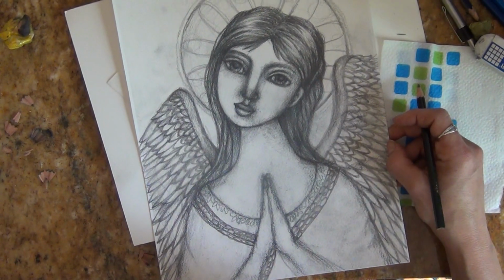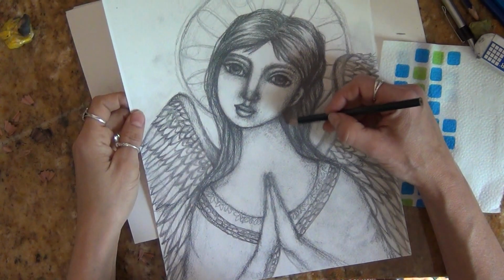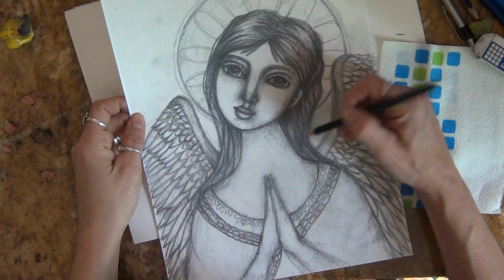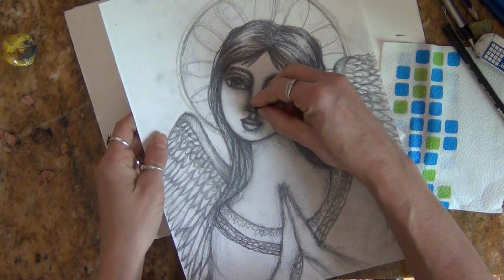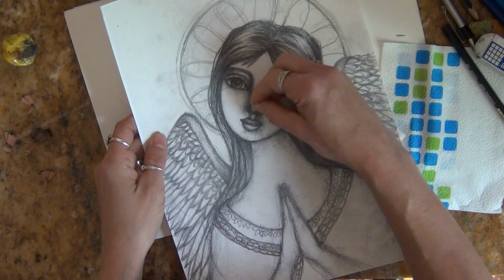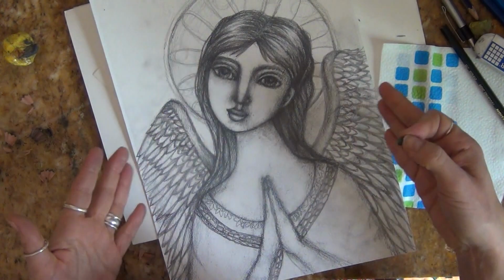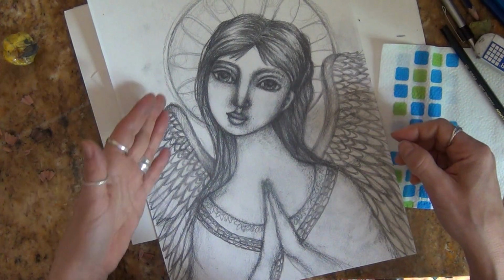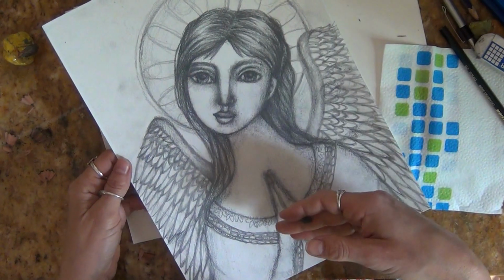And with this drawing, I have not done any kind of blending. So it just has been about my going in with the pencil and working all the lights and shadows. And then the next thing that I would do is take my kneaded eraser and begin to add lights in some places, etc. Now this drawing is going to be a painting, so I'll be putting paint on top of it. So I didn't do a whole lot of the blending here, and I'm still working on it. But I wanted to show you that a drawing can be done nicely,